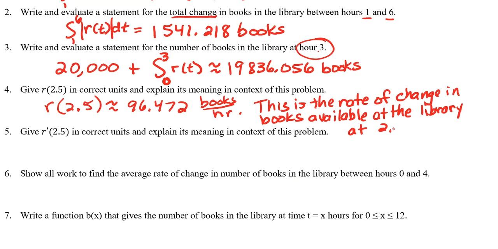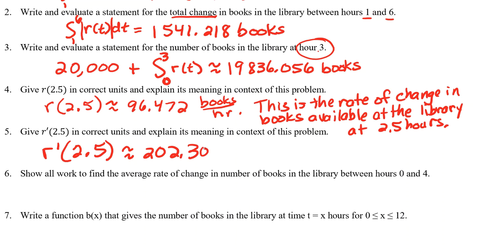At 2.5 hours. All right, so question 5 is our R prime of 2.5. So you could let your calculator do the work there. So for R prime, you want to do your derivative evaluated at 2.5. So find your derivative function, and we want to put 2.5 in. And I have, from my calculator,